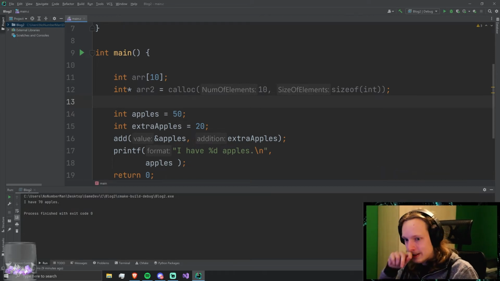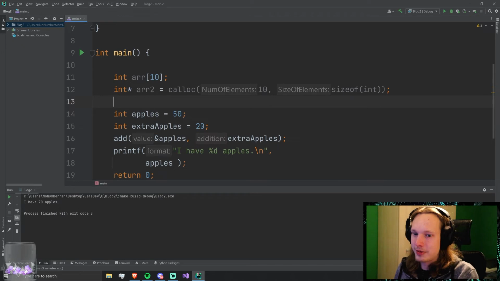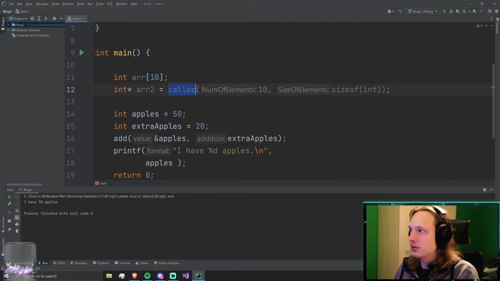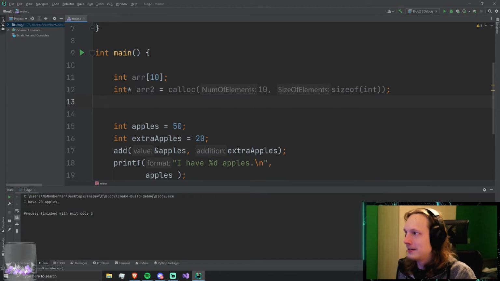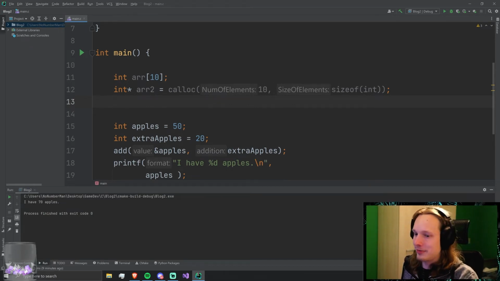Man, C++, it's 15 years since I learned it. I don't remember much. Yeah, in C++ you don't use calloc. You really don't. And malloc you also don't really use in C++. Calloc and malloc, whatever. So that's probably why you don't remember it.